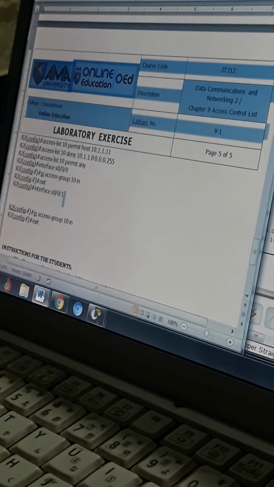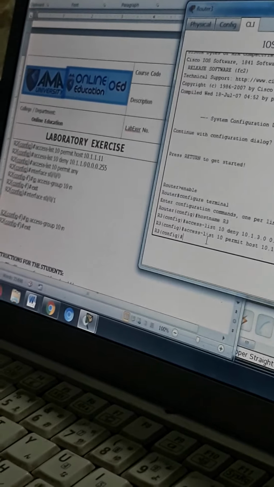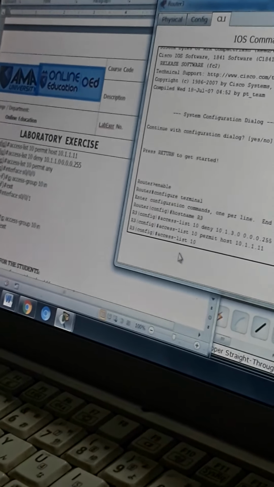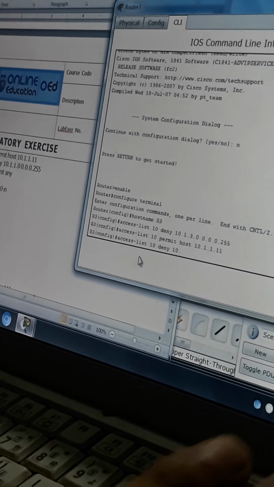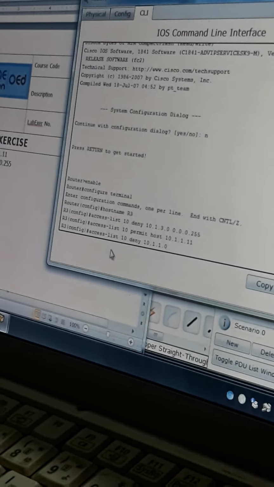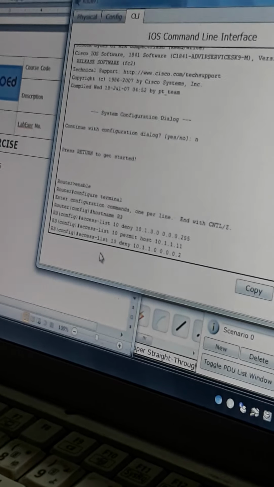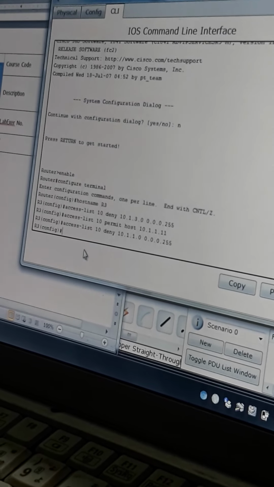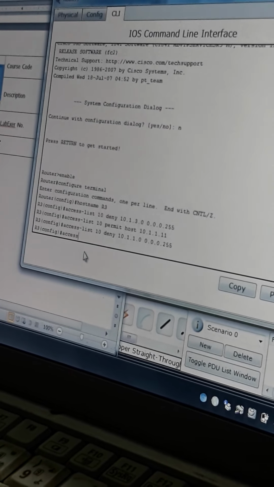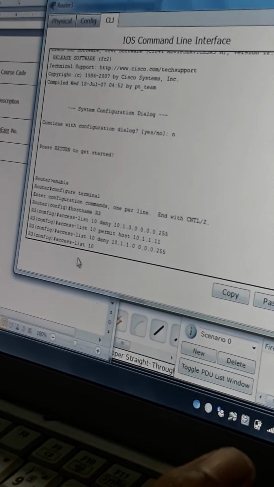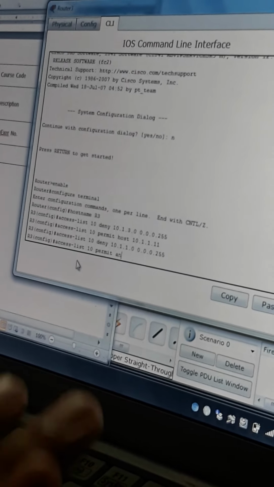then what's next is to access list 10 deny 10.1.1.0 0.0.0.255, then access list 10 permit any,